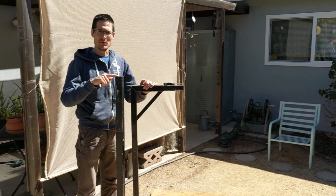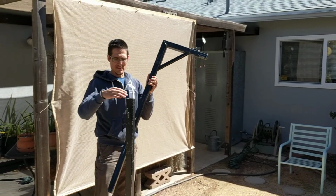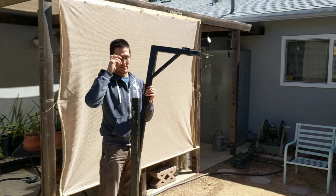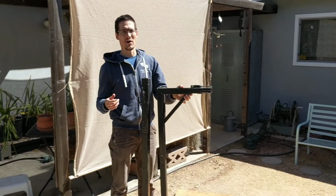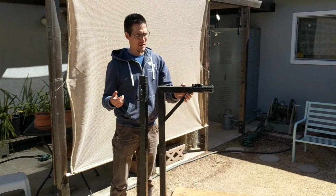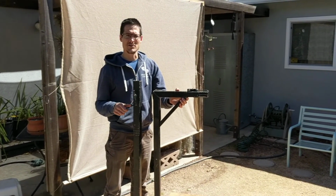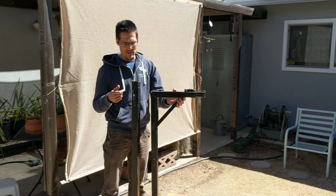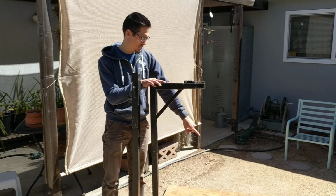There's a larger piece of square tubing here, which is your female end, and this is going to be your male end. The reason this is split into two pieces is so that I could break this down and put it in a small vehicle. I drive a Honda Fit currently, and that's been my shearing rig, driving around shearing since I started shearing in the U.S. So if you have a small vehicle, this part is pretty important and necessary,